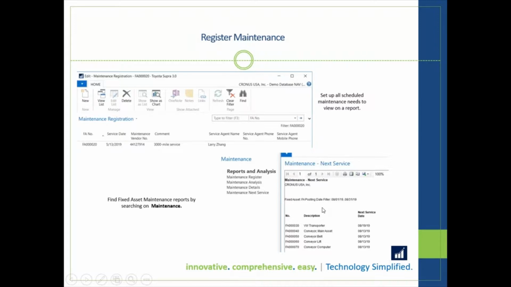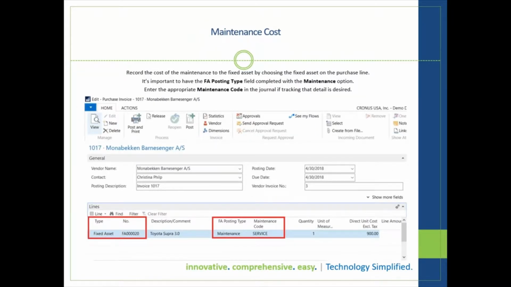fixed assets. I showed a very small example for the month of August of 2019. All of these fixed assets have some scheduled maintenance for that period. And this is a report that you can run once a month and just manage this. In order to have the maintenance cost be booked to a maintenance ledger entry for the fixed asset, there's a